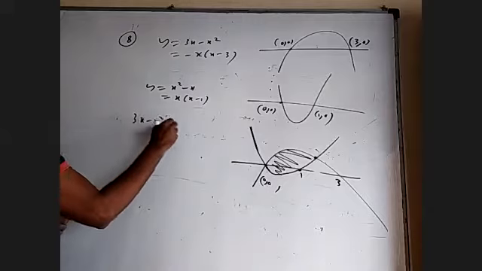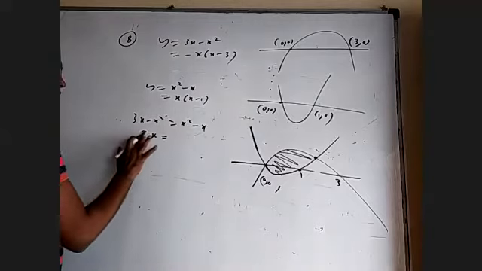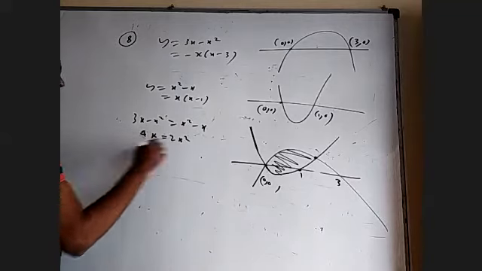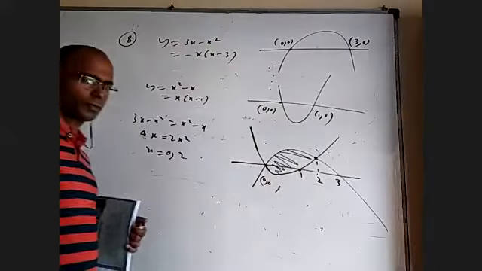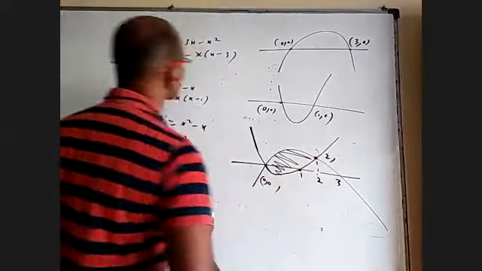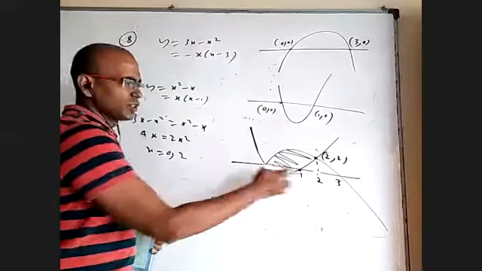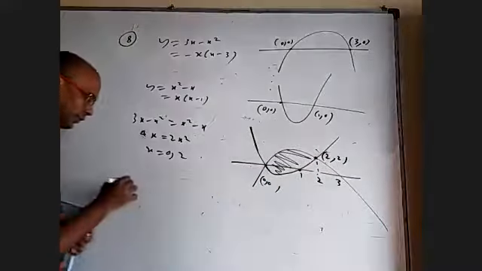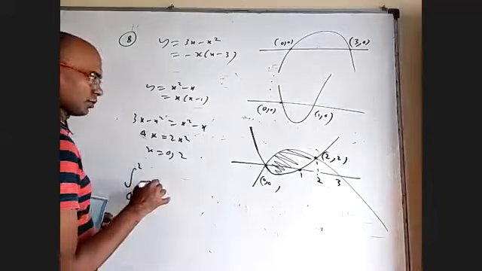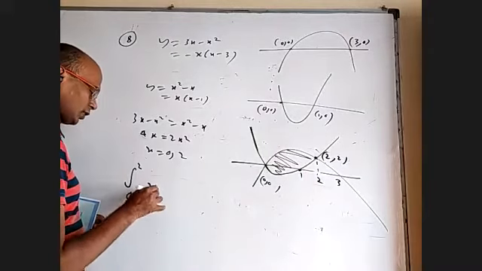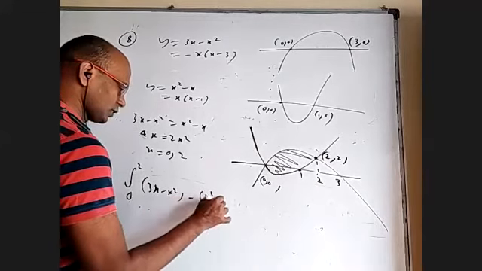That is equal. 3x minus x square equal to x square minus x. 4x equal to 2x square. So x equal to 0 and 2. Yes. So this is actually 2. Somebody wants that point of intersection. It is 2, 2. Simply integral 0 to 2 upper curve minus lower curve. Upper curve is 3x minus x square, the downward parabola. Lower curve is x square minus x dx.